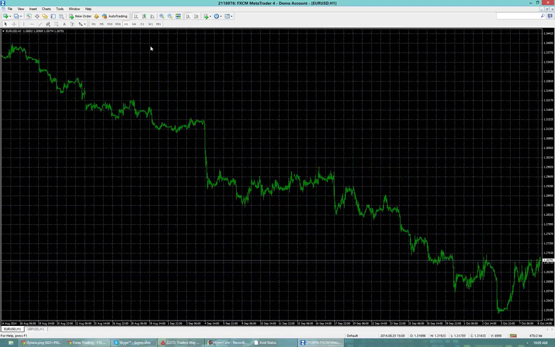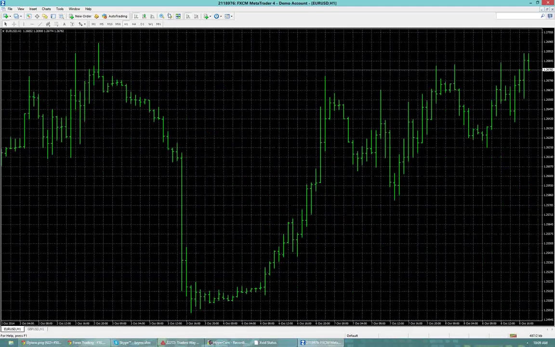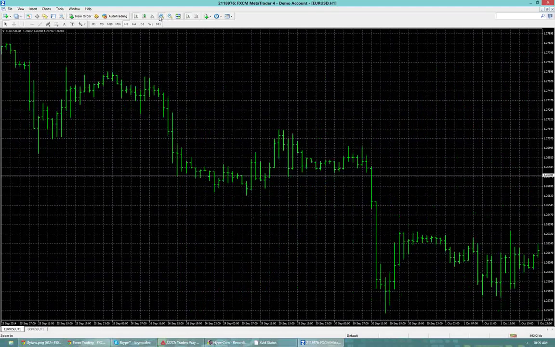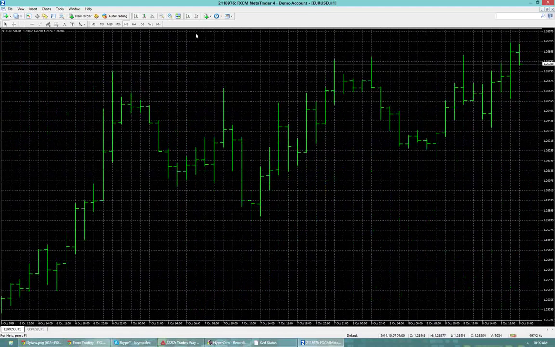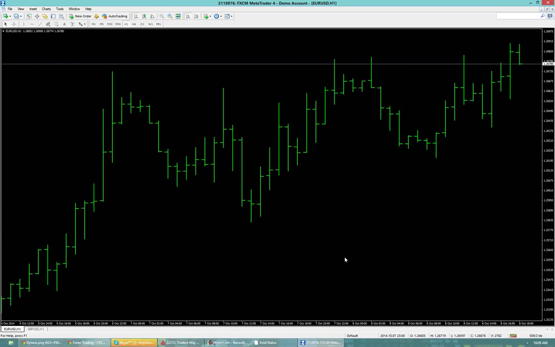Up at the top, we have zoom buttons. Plus zooms us in, minus zooms us out. So let's zoom in. Right now this is a default setup. These are called pin bars. Let's say we don't like the grid. You can remove the grid right here with grid. Now we just have a black